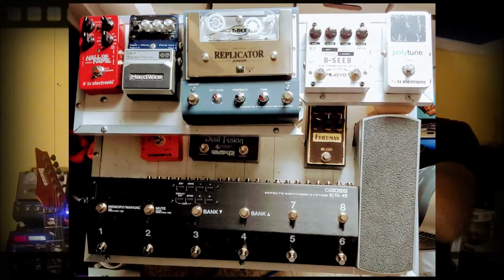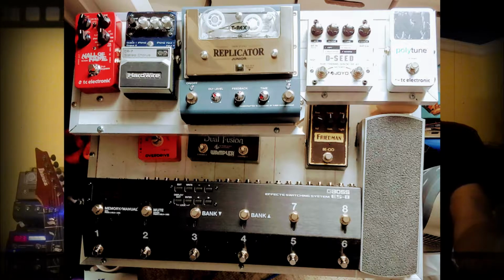I no longer had room for my power supplies. I could fit all that stuff on the board, but I couldn't get my power supplies on the board now. So it was off to Guitar Center to get a Nova 24. I got an angled board so that I could put the power supplies underneath. And then we started redoing the board. So I say all that, which was a lot,